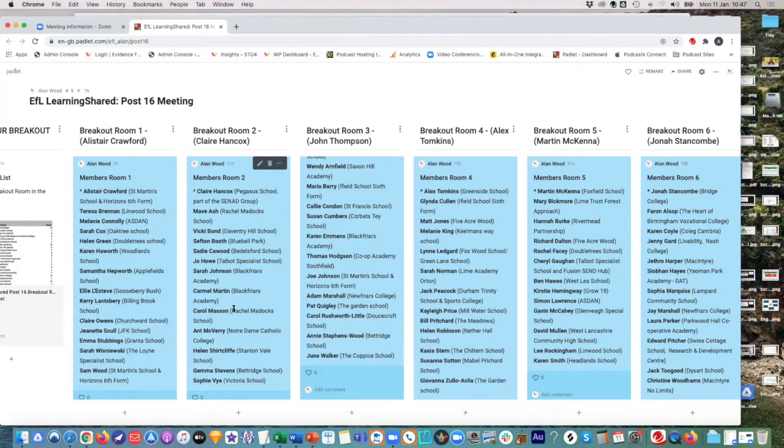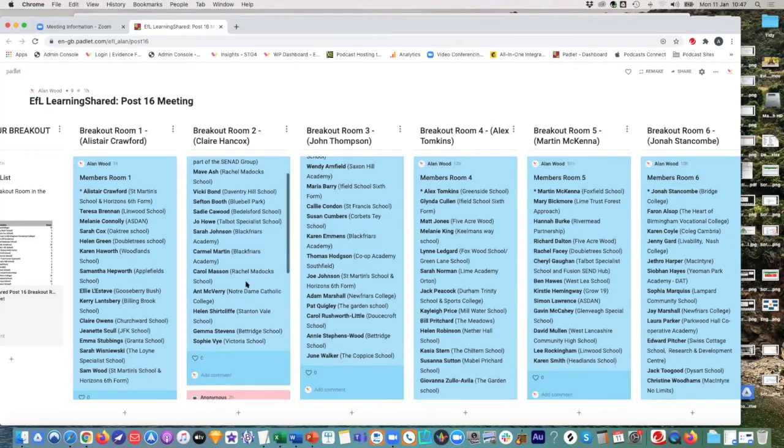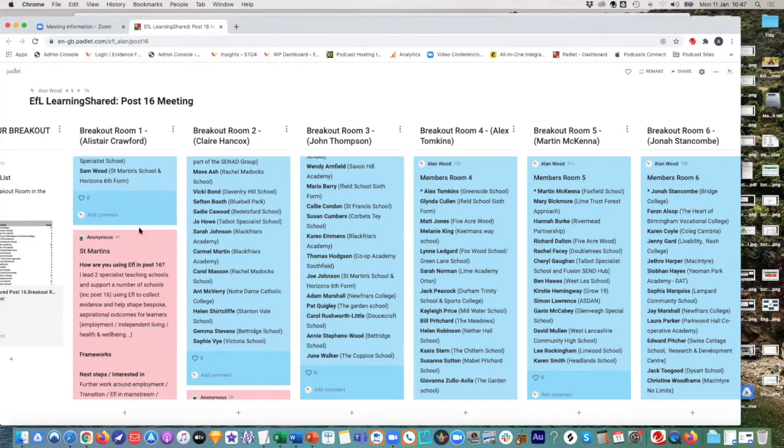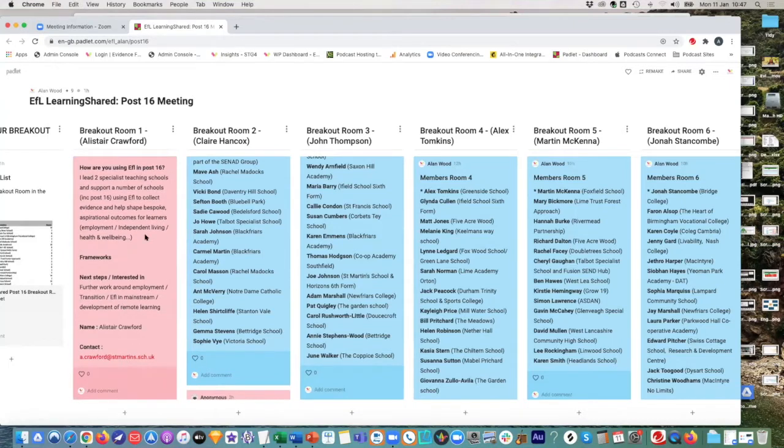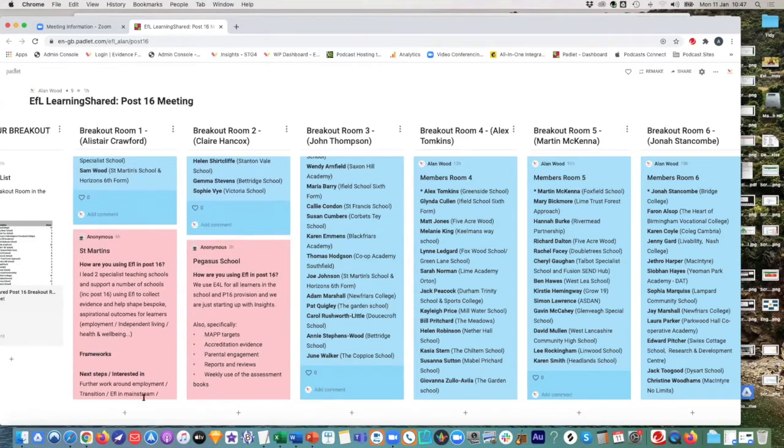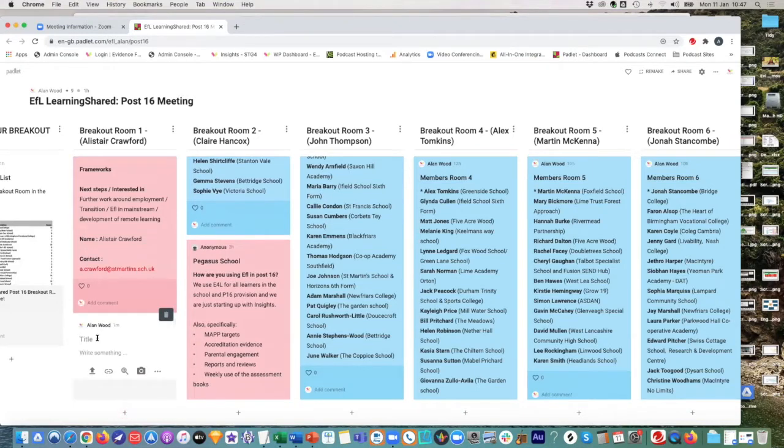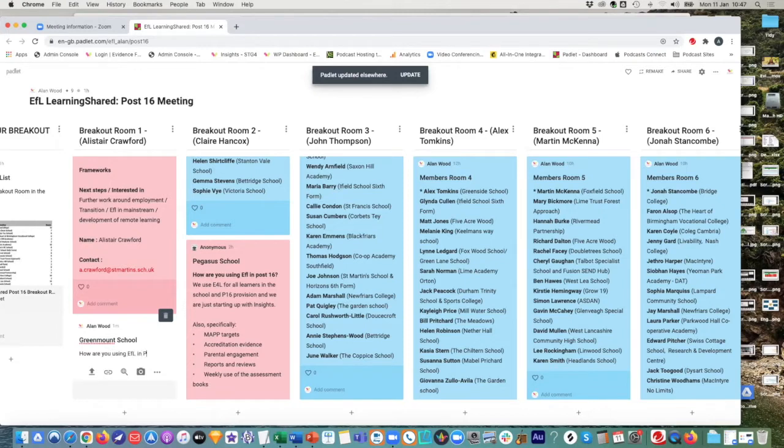And so what we'd like to start with just over the next 5 minutes or so is if you can log yourself in or join the Padlet as a guest, locate your column. And if we could literally do what some of our room chairs have done, just all you do is literally find your column, hit the plus button underneath, write the name of your school or college in the title. So I might put in here Greenmount School, which is my demo school. And then you can literally start writing, how are you using EfL in post-16? And then just type away, frameworks,